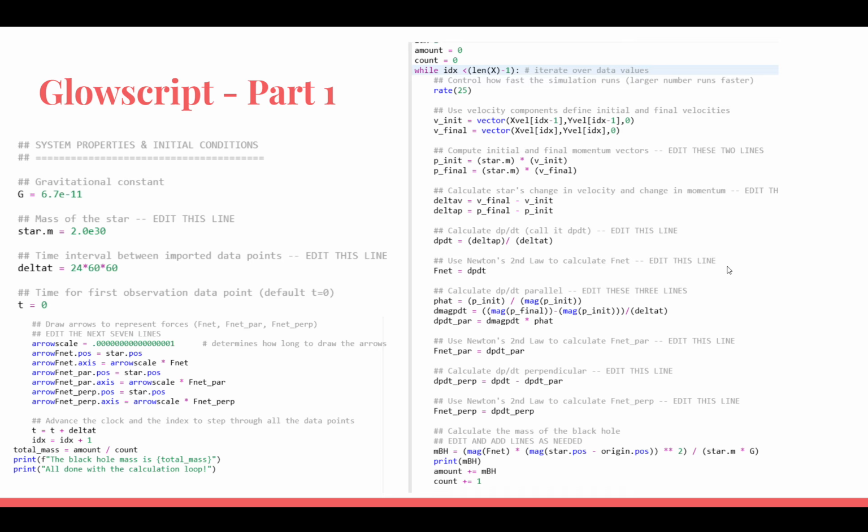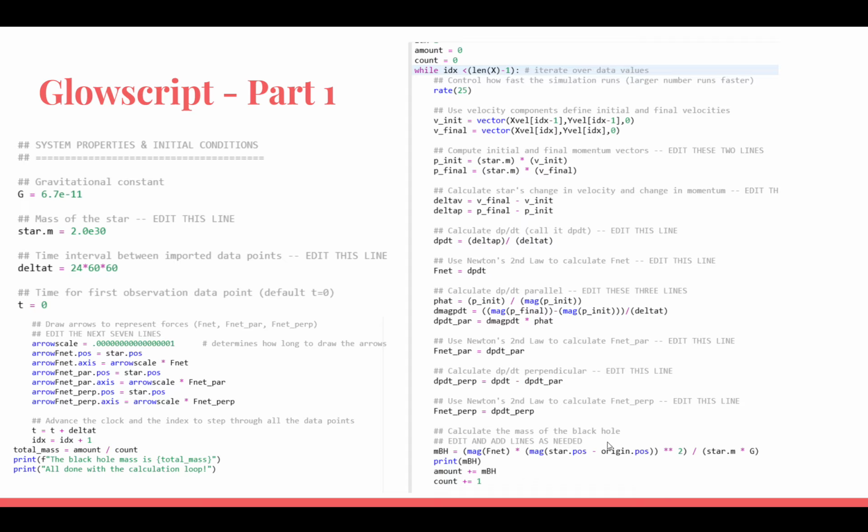Using Newton's second law, I was able to find the overall net force, and then I was able to calculate the change of momentum in the parallel, right here, and then the perpendicular net force. And at the end, this is the equation I was able to use to find the mass of a black hole